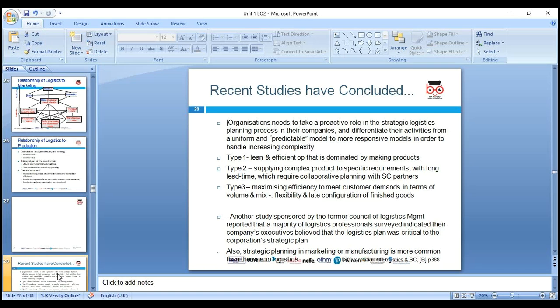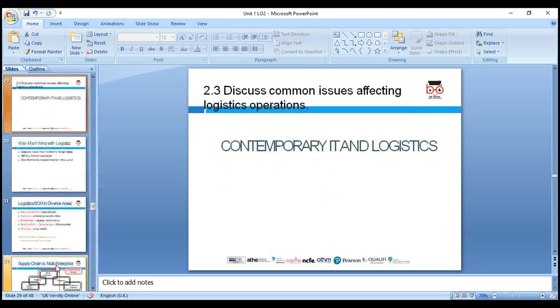Another study, sponsored by the Council of Logistics Management, reported that the majority of the logistics professionals surveyed indicated that the company's executives believed the logistics plan was a critical component of strategic planning. So logistics planning is very critical. Next we're looking at